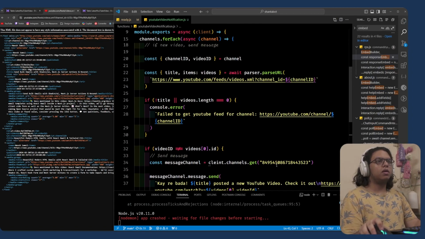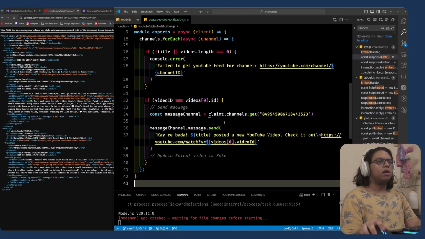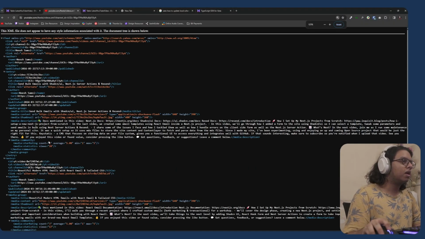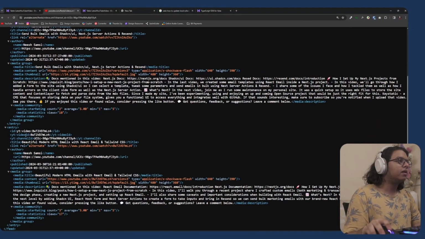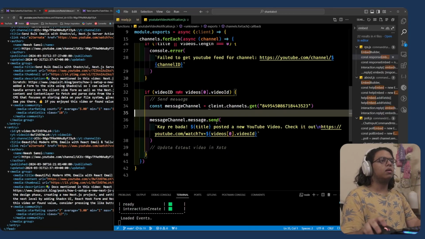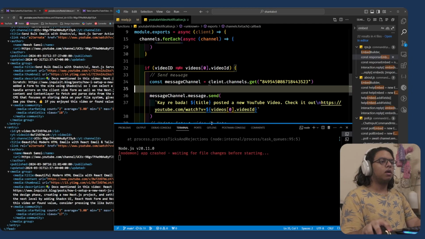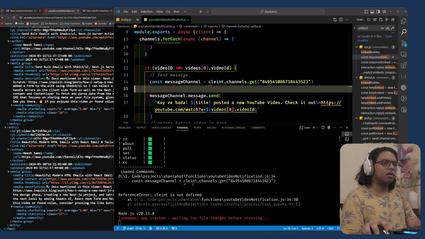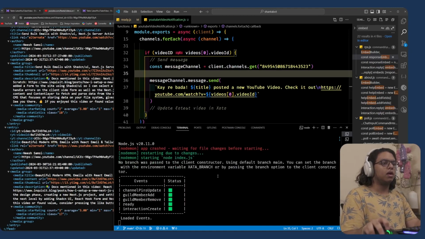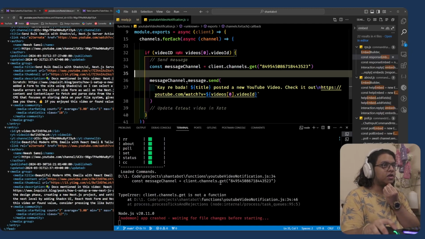A quick correction that we can actually add is that instead of using the video.id, we should use the video.videoId, because I just noticed, let me just zoom this up. The ID that we get is yt:video: and then the ID, whereas the YouTube video ID is just the actual ID. So that's what we're using here, but we should also use it in our check. And let's see if this works. Okay, it doesn't work. Oh, that's because I just spelled this wrong. client.channels.get. Let's see. I'm 90% sure about this syntax, but yeah, okay, that's not right.